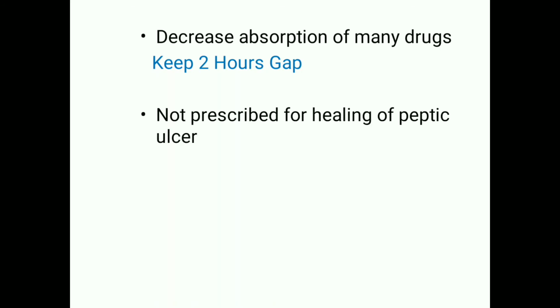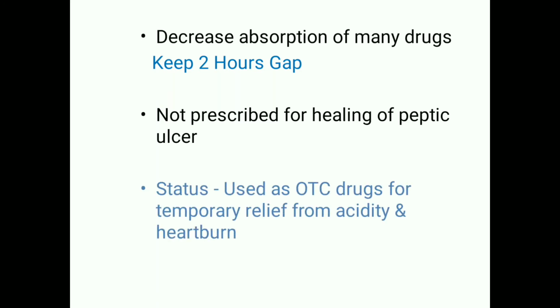And as such, we have seen that these drugs do not inhibit the secretion and their duration is very short. They act only for the time they are present in the gastric lumen, that is maximum 3 hours, and therefore they are not able to heal the peptic ulcer. They do not have prolonged nocturnal action, so they are not used for healing or treatment of peptic ulcer. Rather, they are mainly used as over the counter drugs. Patients themselves purchase them and use them for symptomatic relief.